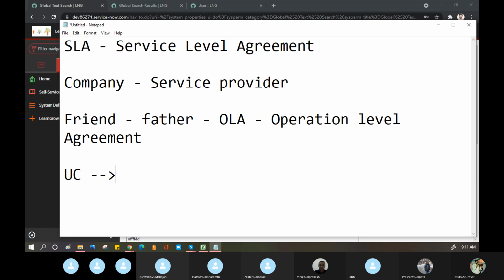As far as I remember, it's called an underpinning contract. It's basically a legal agreement between the service provider and the vendors or suppliers. Like if I want to go and buy a... if something at the data center fails and I am not physically present, or my service provider is not physically present at that location, but that service provider has another party available at that location who can go and fix that data center.